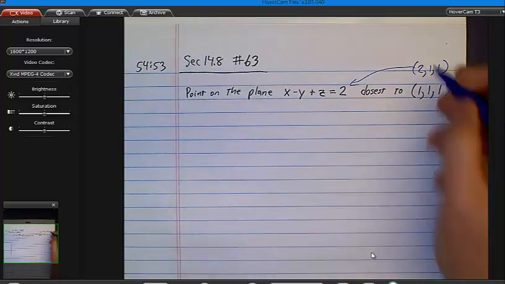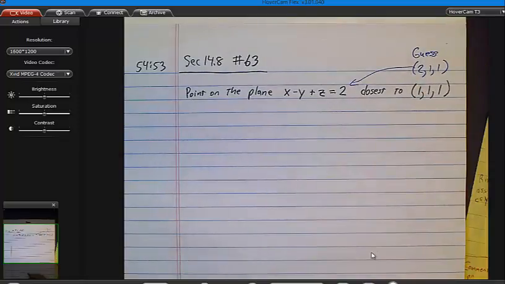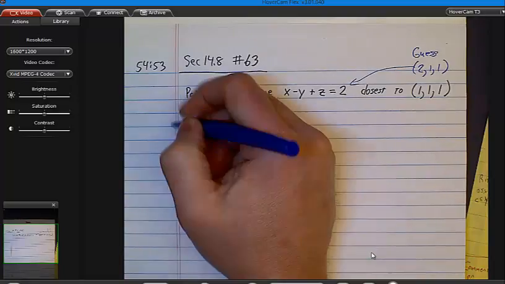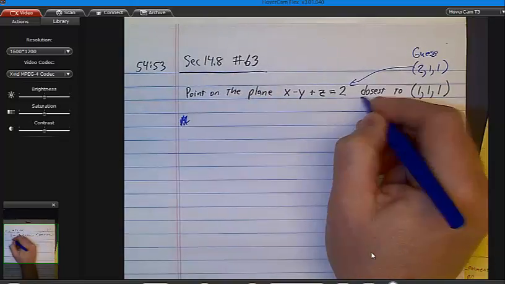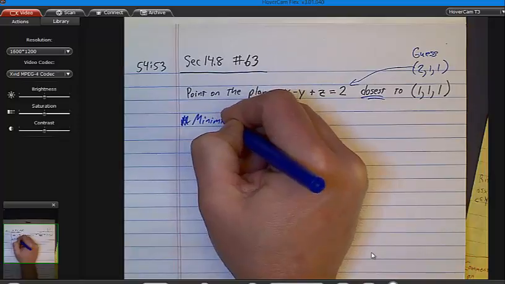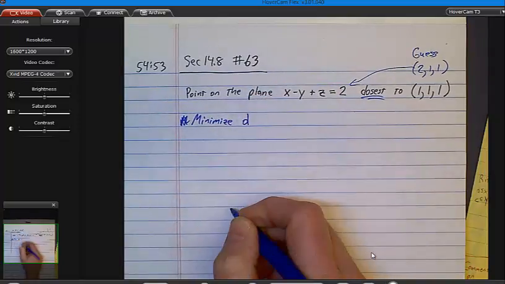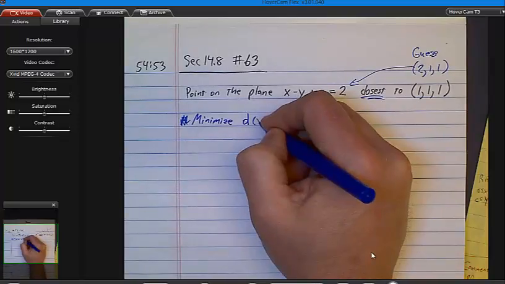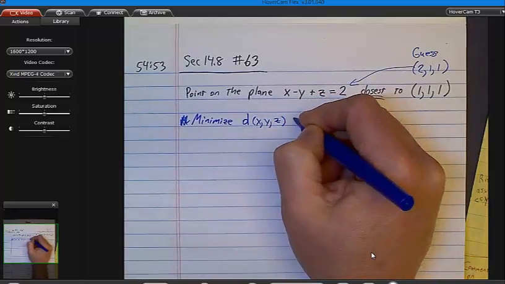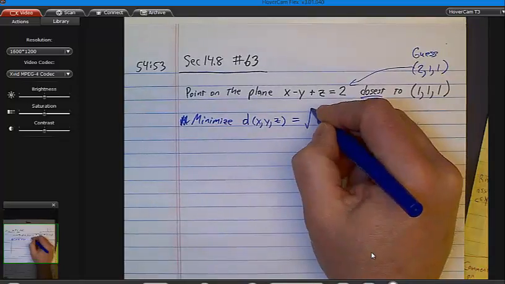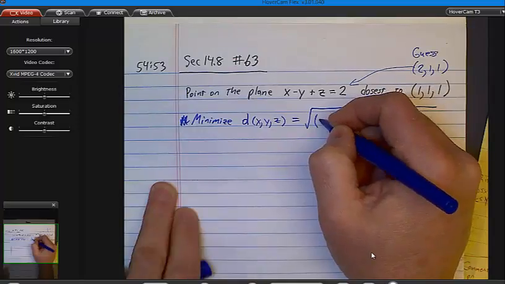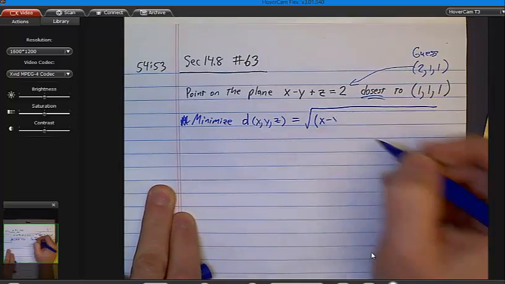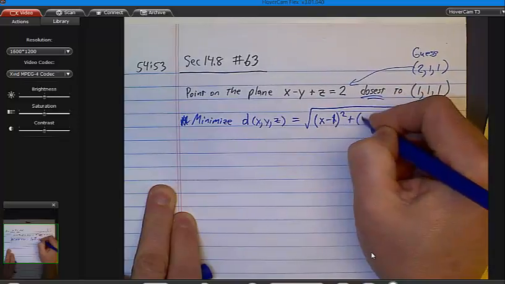Well, okay, so here's my guess, just for fun. Let's see if it's right. I doubt it. All right, so what do we want to do? Again, we want to minimize, since we want the closest point, what? The distance. I'll call it d of x, y, z, equal to... I remember the first time I taught Calc 3, we had time to prove this, and it was so fun. The square root of (x minus 1) squared plus (y minus 1) squared